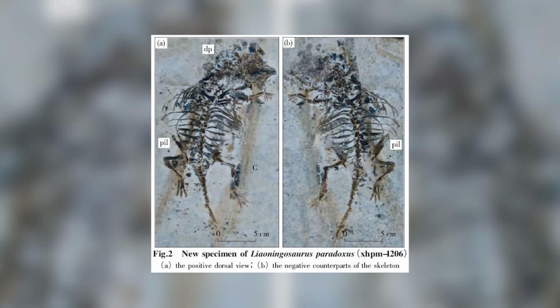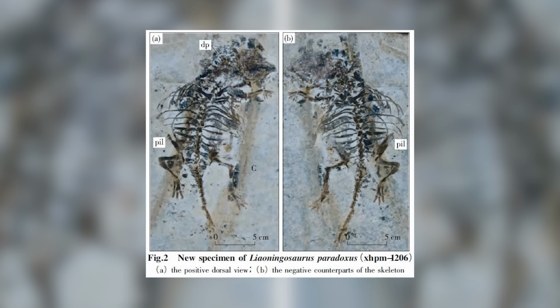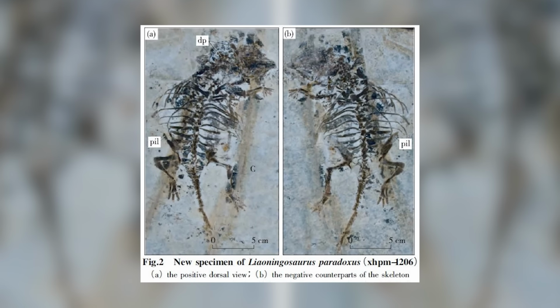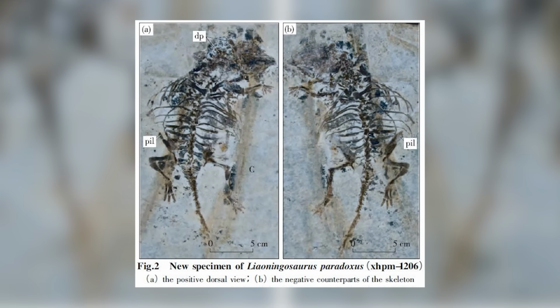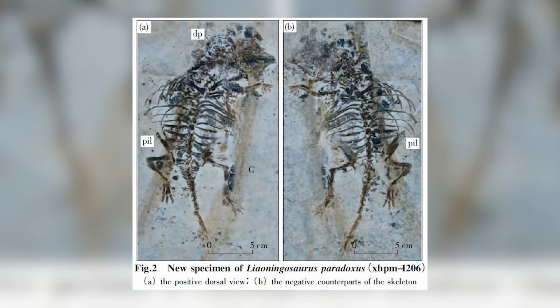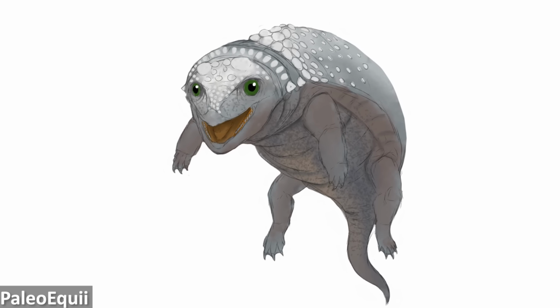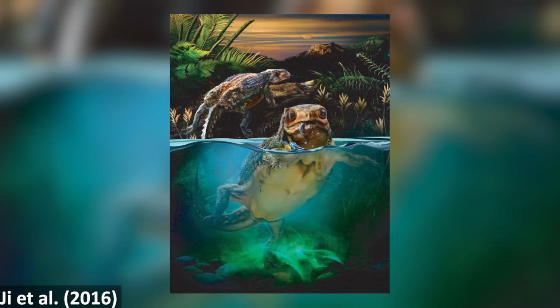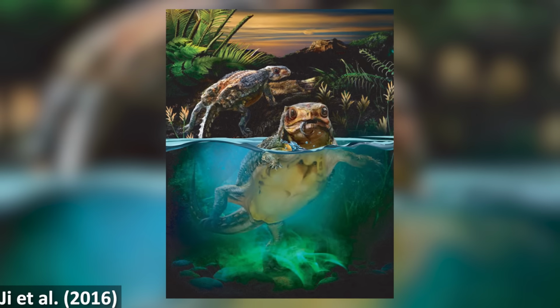Other features of the skull and neck bones also don't appear to have any of the modifications associated with an aquatic mode of life, and they suggest that the fish remains were actually not gut contents, but instead perhaps fish that got swept into the body cavity after death, or maybe they had been scavenging on the ankylosaur's body. Additionally, the alleged plastron has been argued to just be some preserved skin. Still, it's an interesting, if unlikely, hypothesis, and we might have had yet another example of surprisingly close convergence on